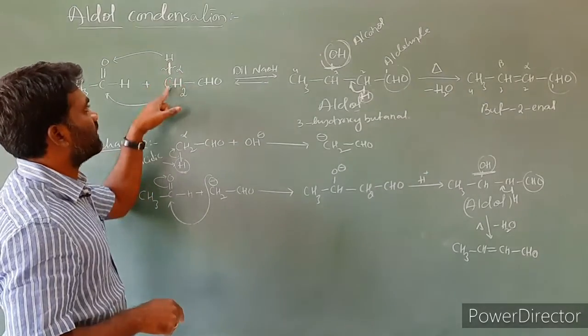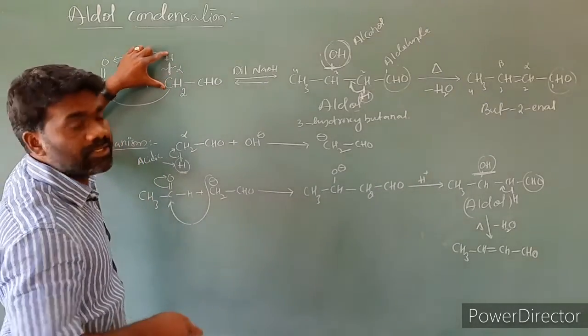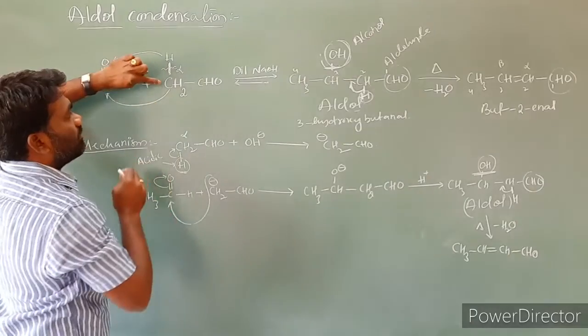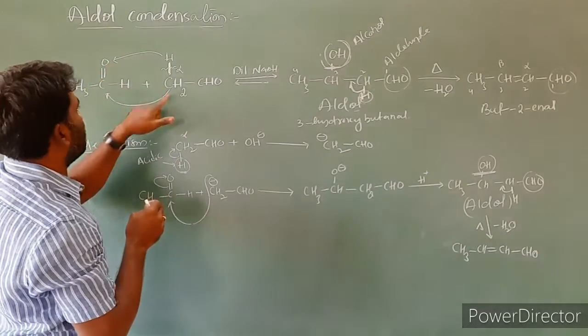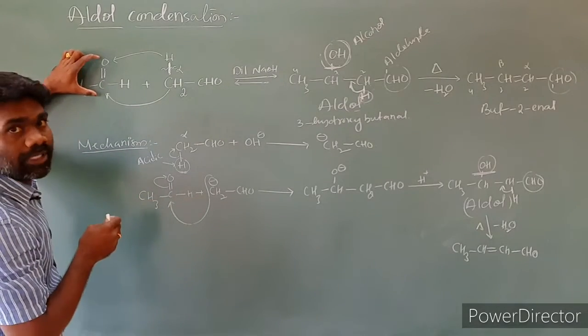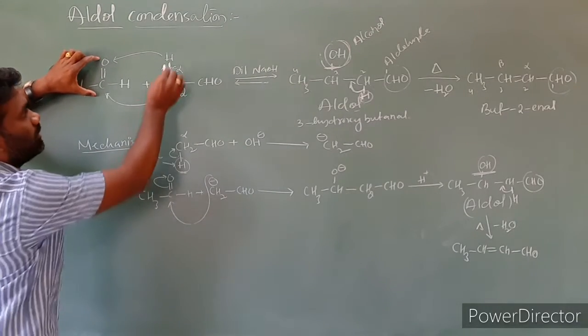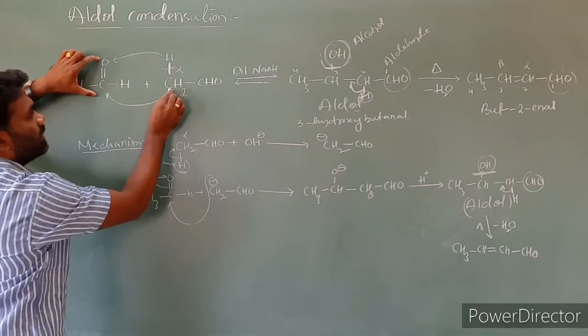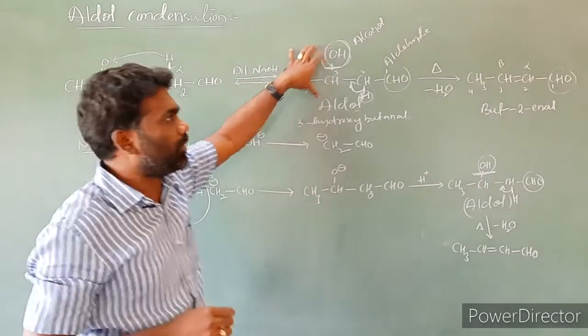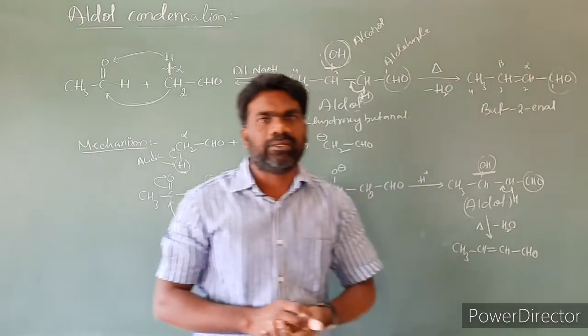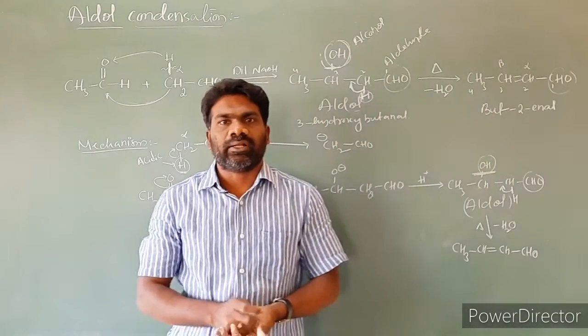Take this hydrogen separately like this. CH I wrote as CHH. Break the bond between alpha carbon and hydrogen. Hydrogen is given to this oxygen, and the carbon attaches to the carbon of the other molecule. Hydrogen is given to this oxygen, and carbon attaches to this one. Simply, this is the product you will get. Upon heating this product, this is the product you will get. So this is aldol condensation.